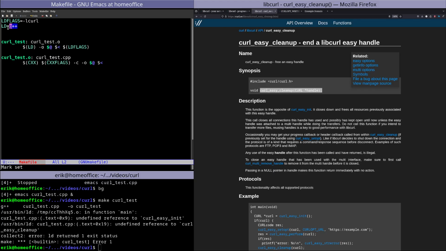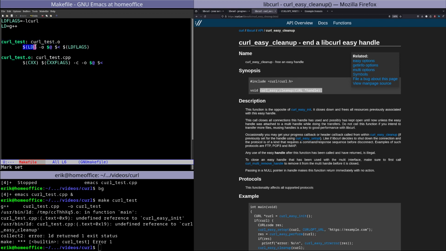We need to override the standard linker and use G++ as our linker. And in order to use libcurl, we're going to have to pass -l curl. -l means you need to link your application against a particular library, and that library is called curl. And as usual, whenever we write applications, we will separate the binary that gets compiled out of an object file